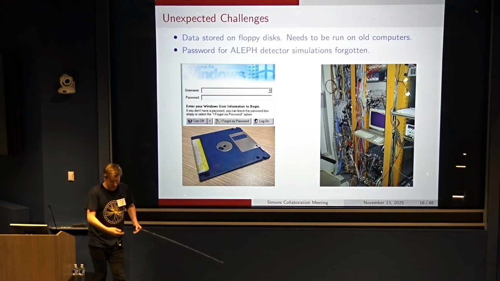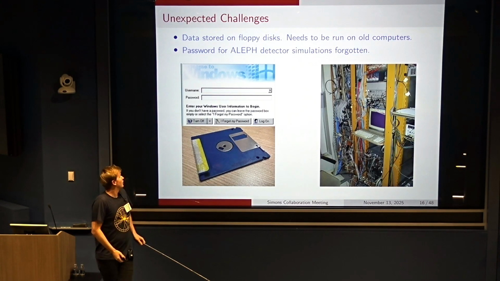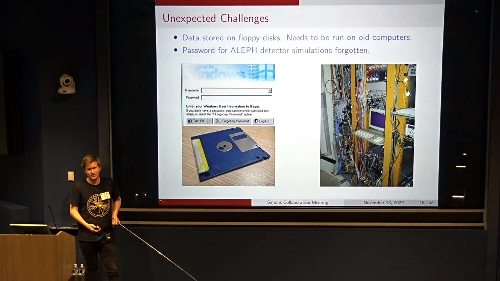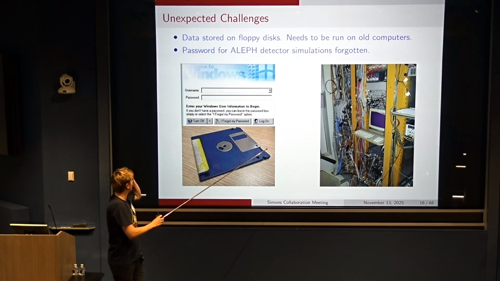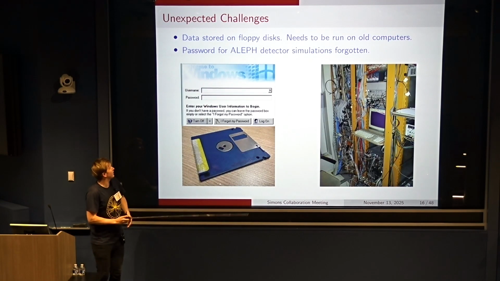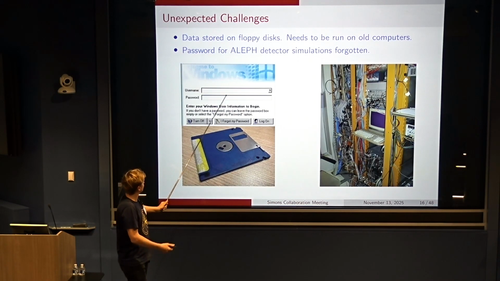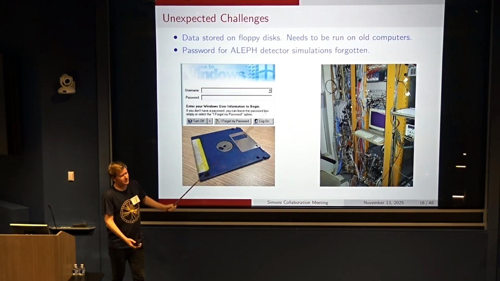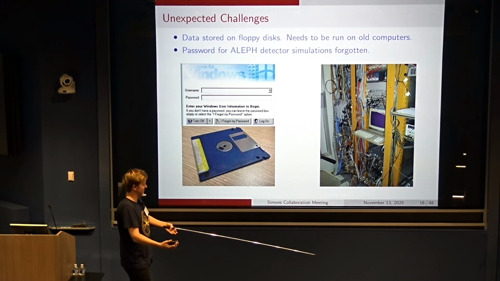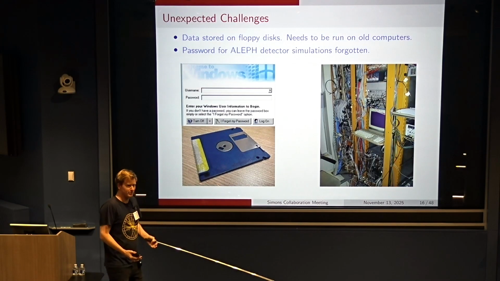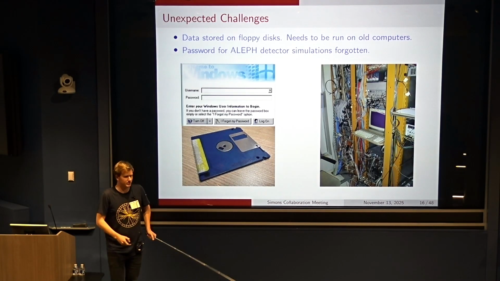One thing which I had not appreciated is that all this old data, of course, doesn't use modern computers, but is all stored on very old floppy disks. In particular, you actually need to find the original computers to be able to run this. Even after that was done, some of these had even dumber problems, namely that some of them are password protected. You have some of these very old Windows computers where you cannot extract or run certain of the detector simulations. This really took an immense amount of effort from these experimentalists. A lot of it is not even physics, but detector work, going through old notebooks from this time to extract all this data and get it into a form which is manageable.